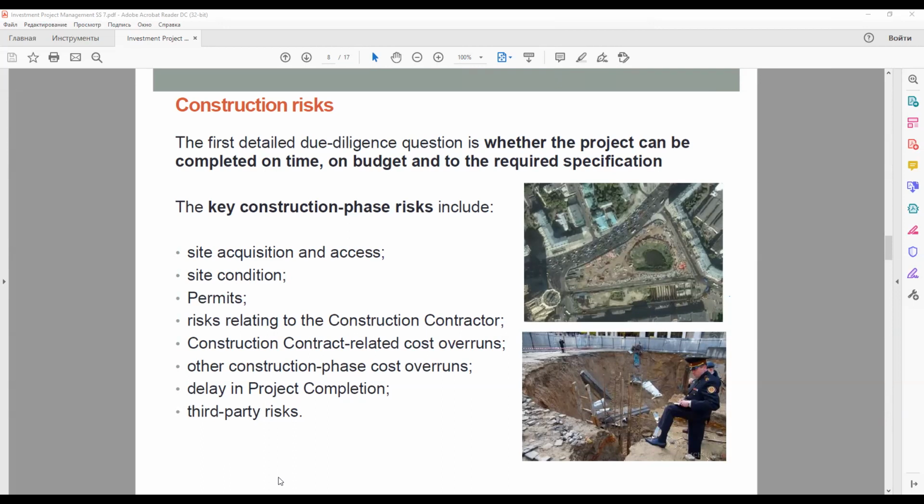Final project completion may also be dependent on obtaining operating permits that confirm that the project meets emissions or other environmental requirements or health and safety regulation. Often this cannot be obtained in advance, but obtaining such permits or meeting the requirements to obtain them should, where possible, be the obligation of the construction contractor. If this is made a condition for reaching project completion under the construction contract, the risk of failure to obtain operating permits is thus transferred to the construction contractor.